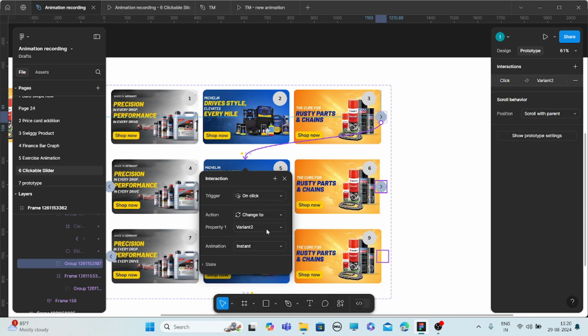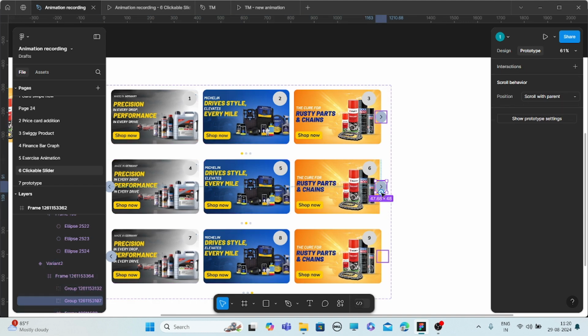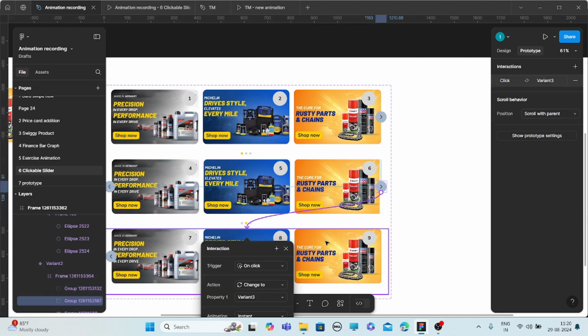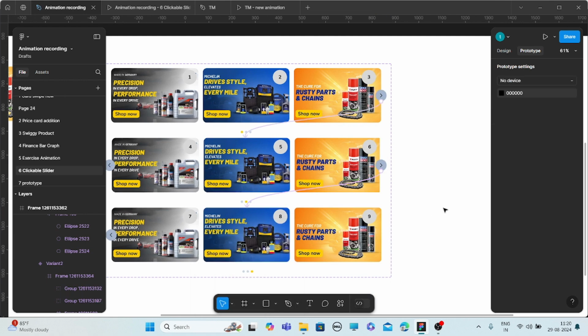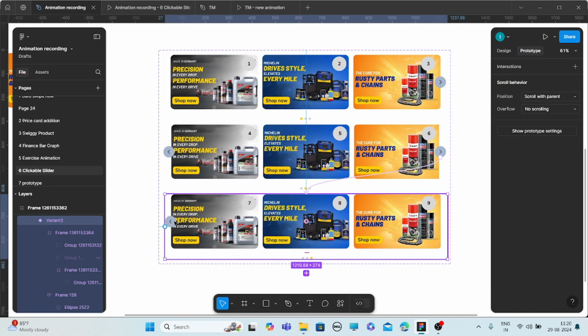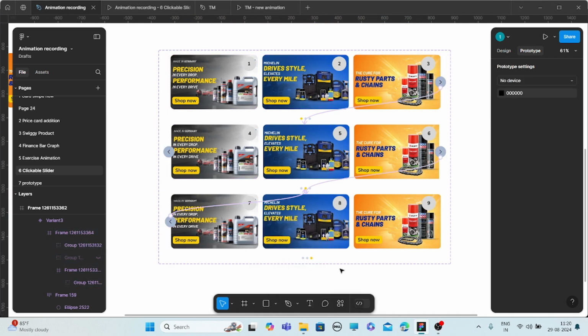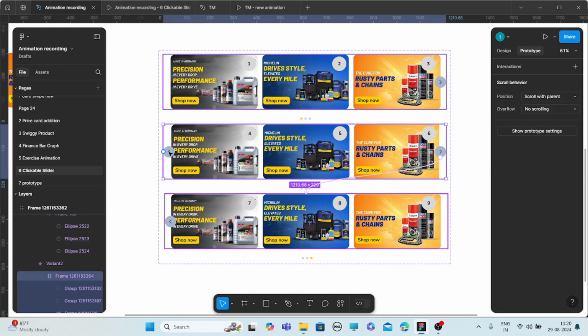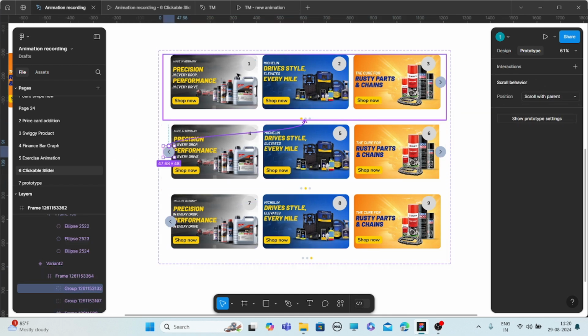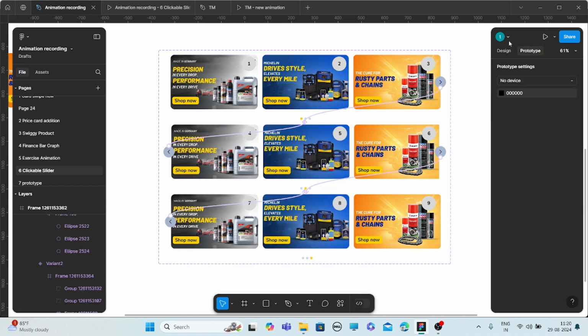Here it will be instant, and again if I click here, this goes to like this. And for the backward arrows, we'll select this, and here also we'll go here.